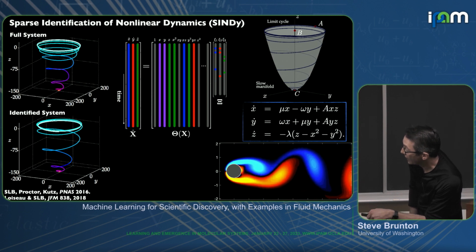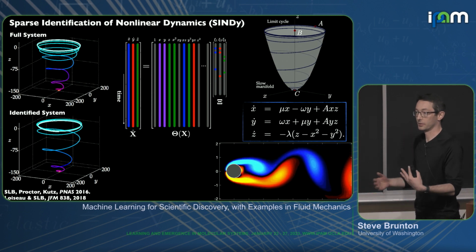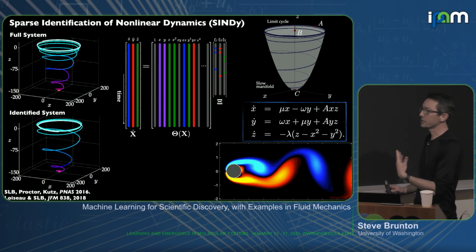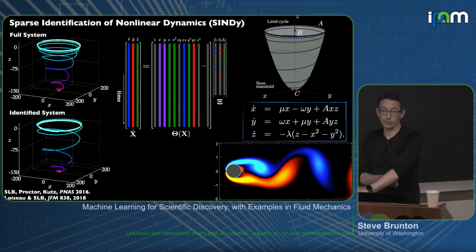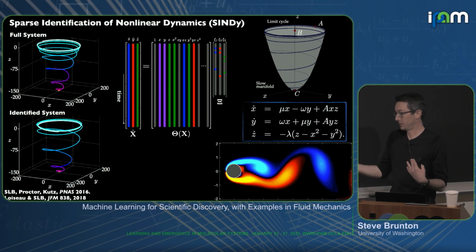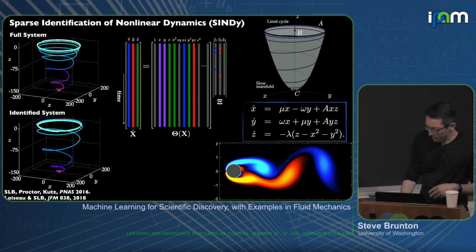And you see that our identified system also has the slow manifold and fairly accurately captures the nonlinear dynamics of the system. This is when we started getting pretty excited that you could actually use this for real problems. This was the Nowak paper that solved a 15-year debate in the community, okay?